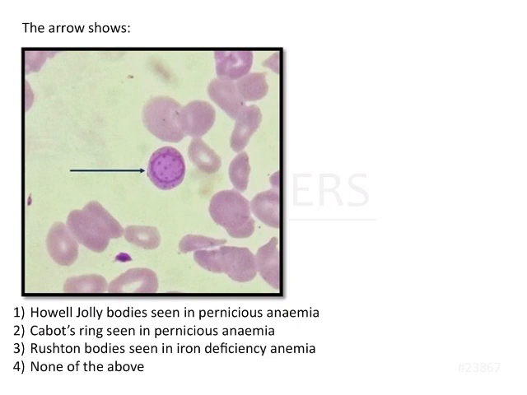The question is, the arrow shows. So we can see that this is a peripheral blood smear. These are your RBCs. And how do you identify whether an RBC is microcytic or macrocytic? You compare it to the nucleus